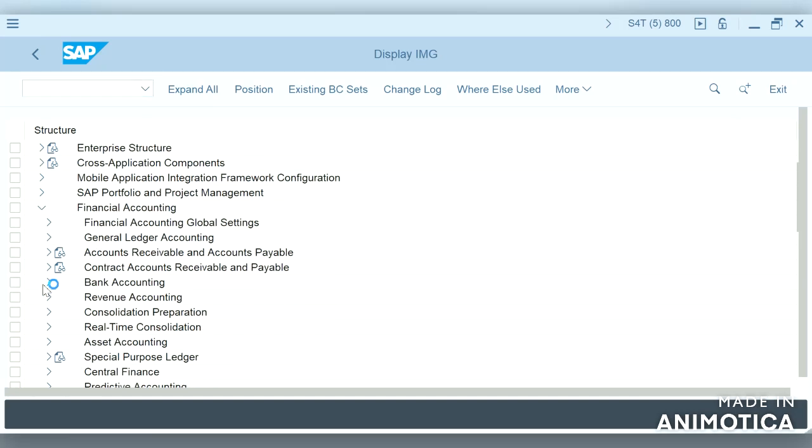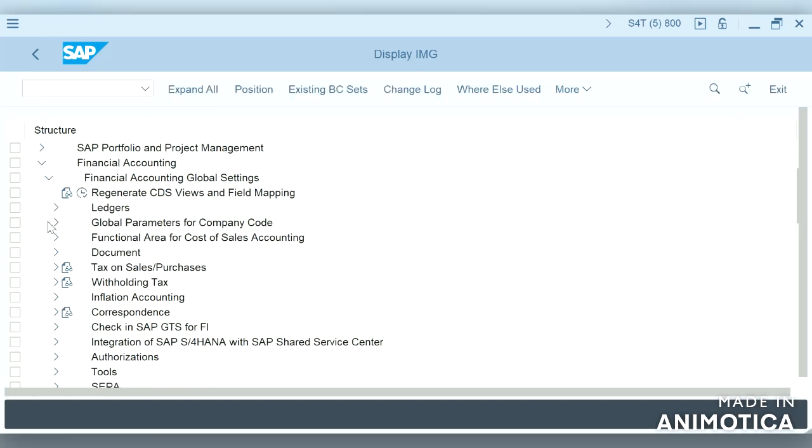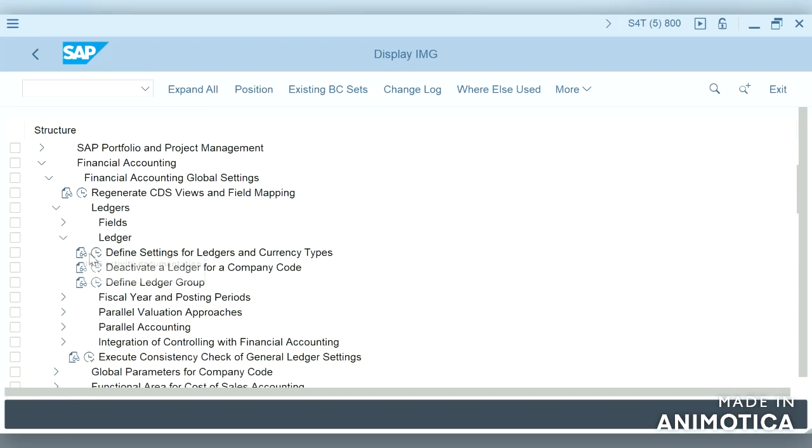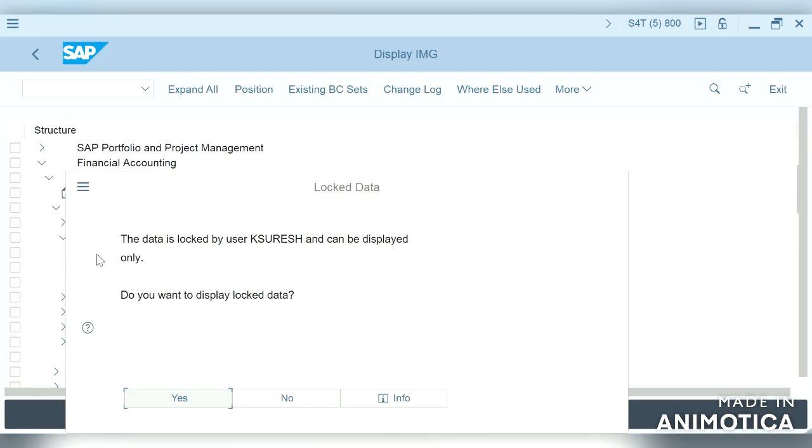Financial accounting, global settings, ledgers and ledger. In this, for a specific company code, I have activated the ledger IF. Maybe I have locked it because I used it before.